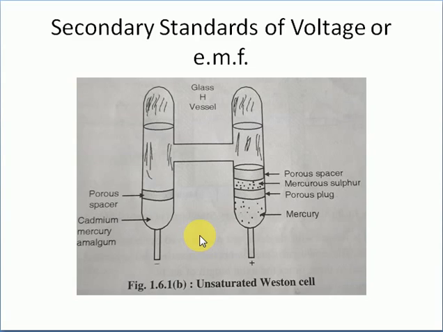Such a standard provides good precision and temperature stability. So that is the voltage standards. If you have any query, then contact me directly. This topic is only for reading; you can read it from the book, it is easy. Then next is